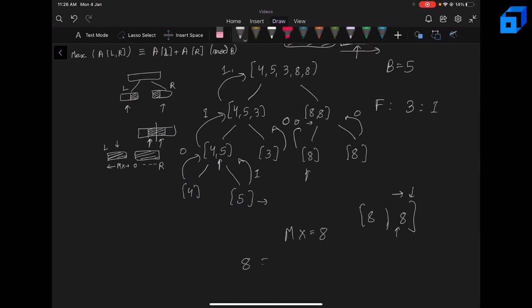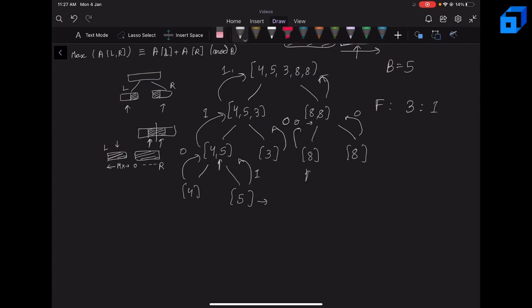Now the maximum is 8 and the left value is also 8. So AR should be 0 modulo 5, but the frequency of 0 modulo 5 is 0. And similarly, if you consider the case where the right element is maximum, so now we actually cannot move our left pointer because we want the elements to be lesser than 8. Since if it is equal to 8, then this won't be maximum because we are considering the first occurrence of an element as maximum. So this also returns 0 here.